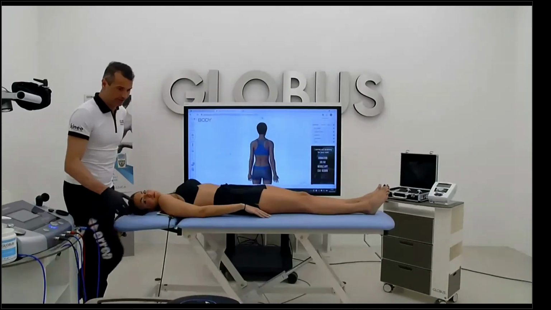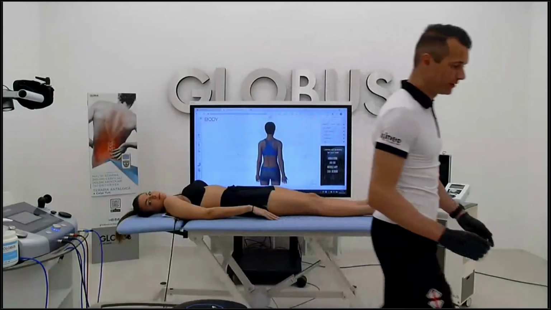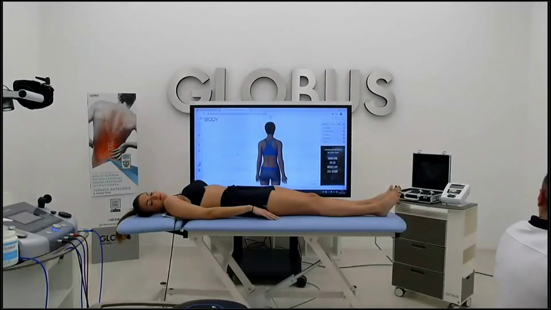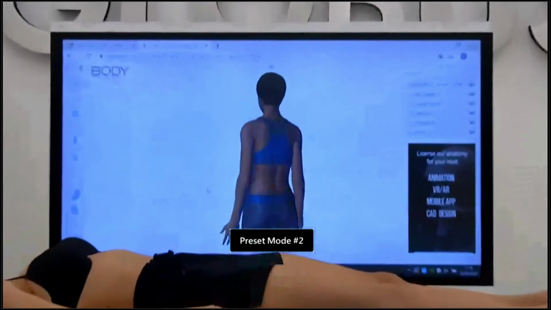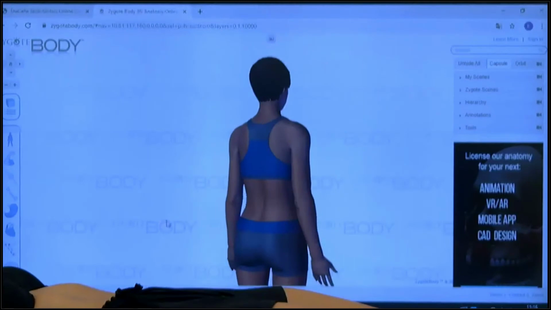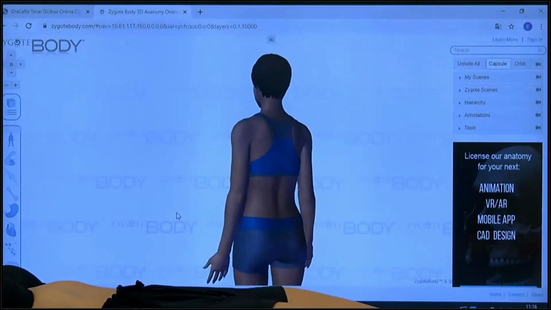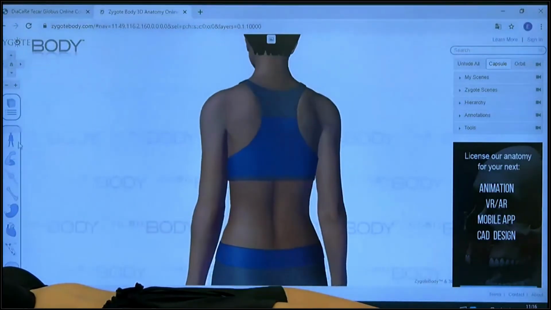All right, we go ahead with the practical part. Just a brief recap on what we are doing right now. Maybe you can have a look at the screen where we got a 3D anatomical atlas, where we can show this model here. We are going to have more on the deep part of the muscles. So, shoulder.